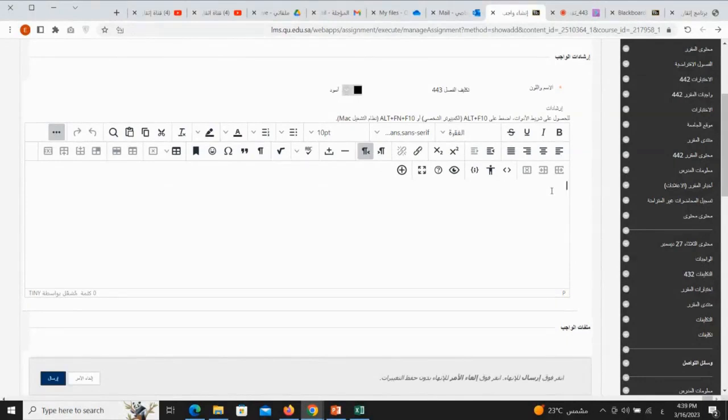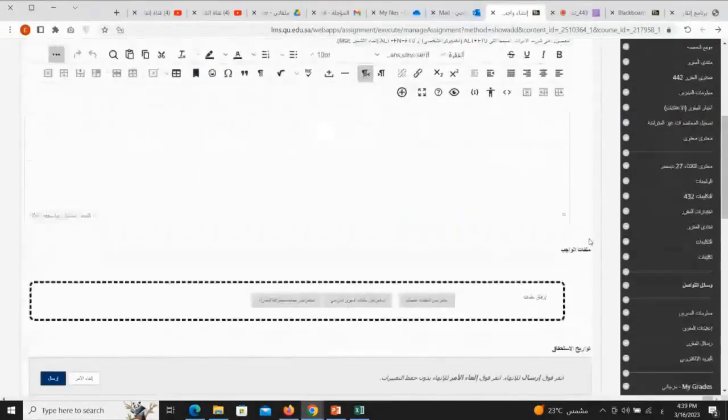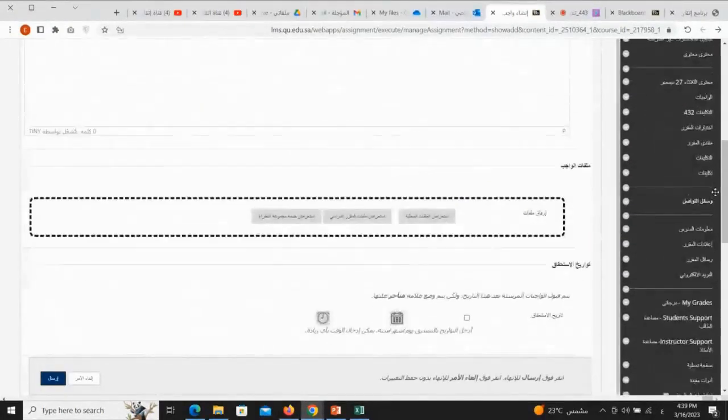The due date is all these things. Write the instructions here, such as the word count. Put all these details in the instructions specific to you and the students. Also, down here, notice there's something called assignment files. These are when you want to attach a file for them, and this file will help them in preparing the assignment or task. Now, I also have the due date, and as you can see, the due date is this